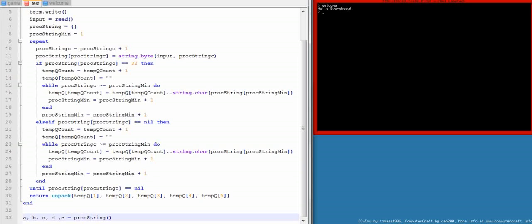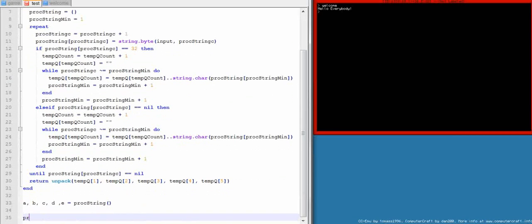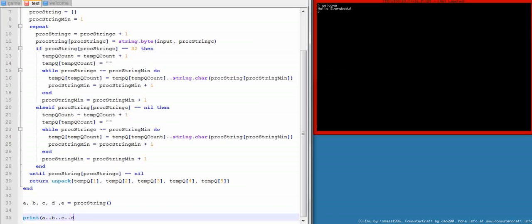Wow, string. And then we can print a, print b, c, d, and e, and save. And if we now go to test,